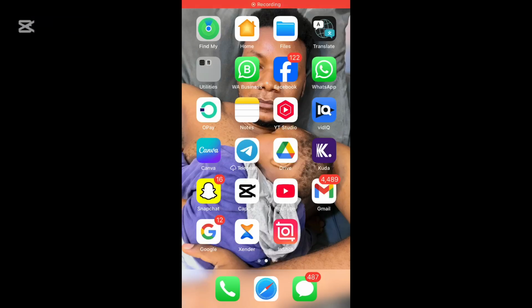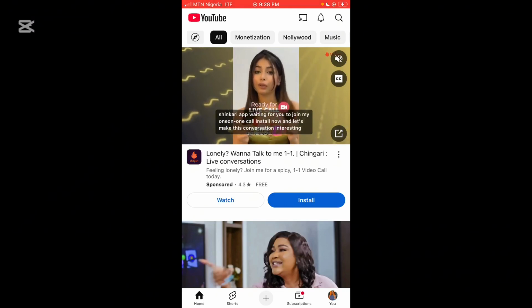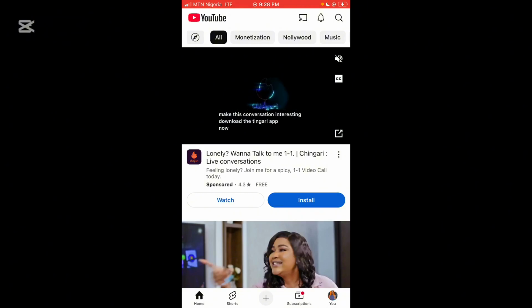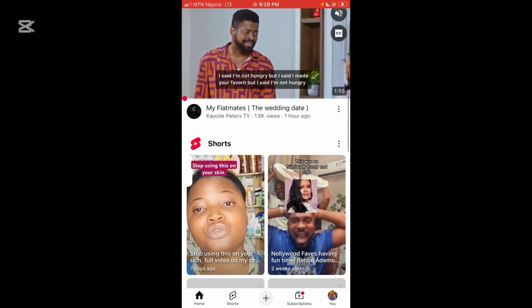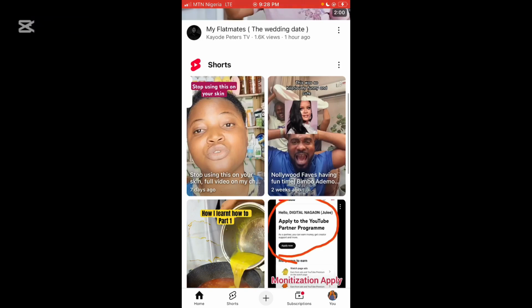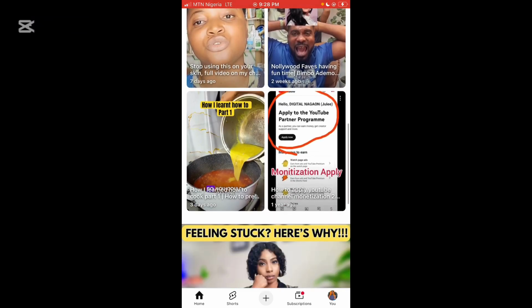So guys, this is a step-by-step process of how I edit my YouTube video to go viral. So we're going to be going ahead to our YouTube app. This can be done either on the desktop or on the normal YouTube app, but most times I find it difficult uploading from the desktop due to my storage limits and some network issues on my phone. But we can also achieve the same results, just that the difference is that I won't be able to access